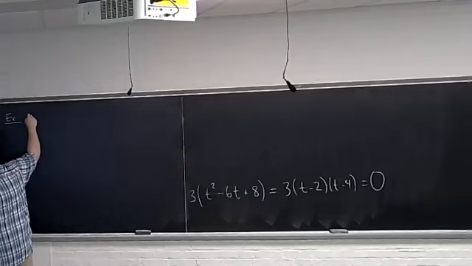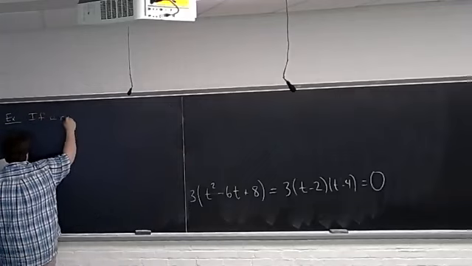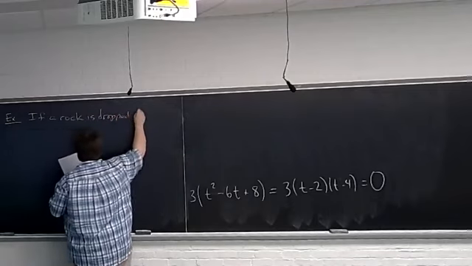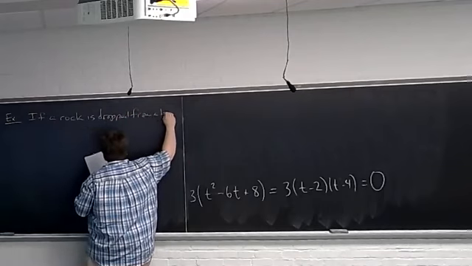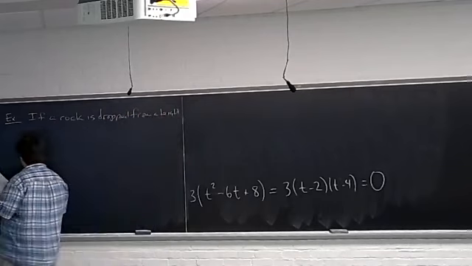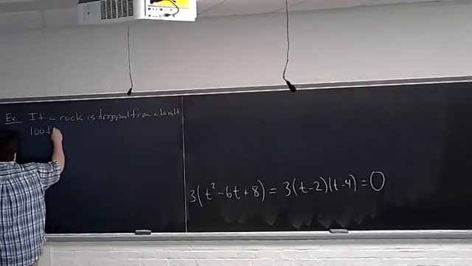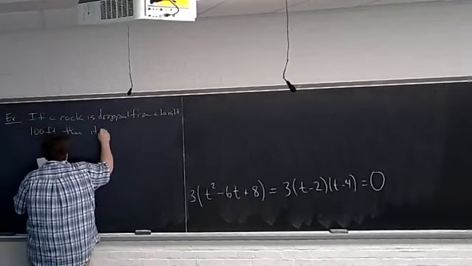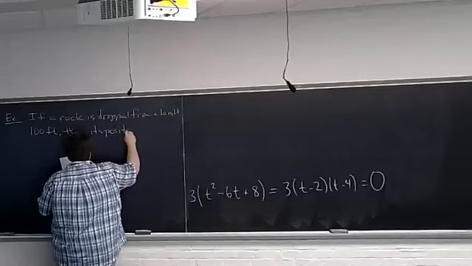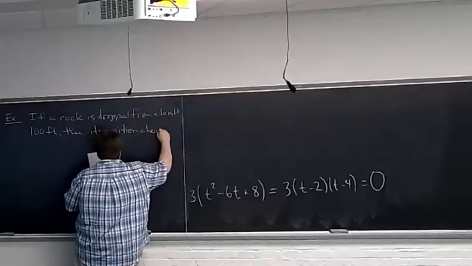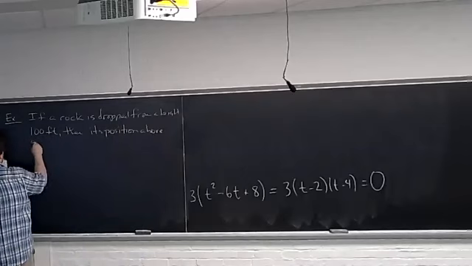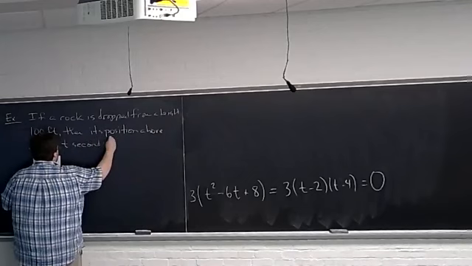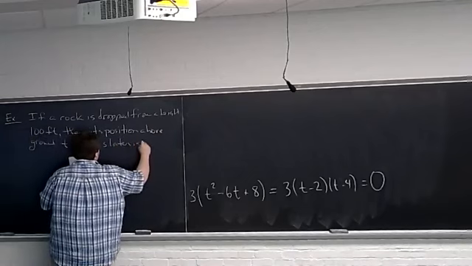Example: if a rock is dropped from a height of 100 feet, then its position above ground t seconds later is given by